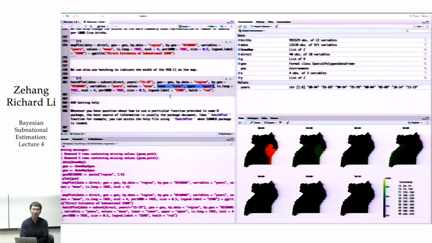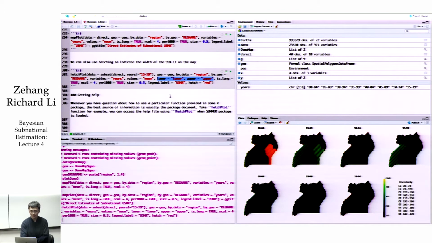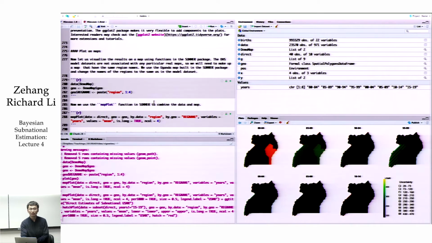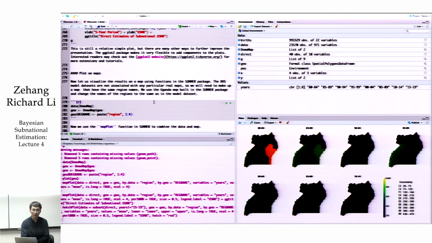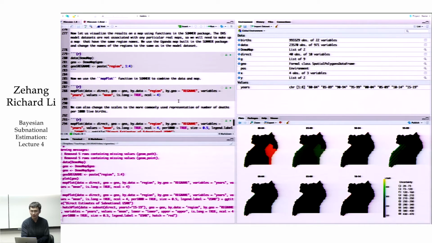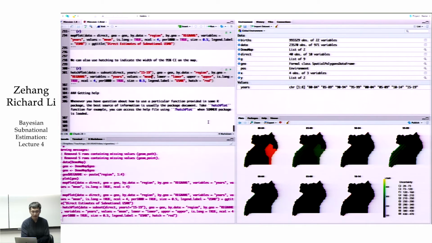Okay, so this is basically what we will demonstrate in this session. Just as a reminder, hopefully by this point, if you haven't used R before, you have already seen some of the things that we can do in R. We have demonstrated how to calculate direct estimates and how to visualize the direct estimates with a line plot or on a map. In the next few lectures, we will work with a little bit more informative data rather than the simulated data sets. And then we will discuss a lot more about how we make other diagnostic plots and how we